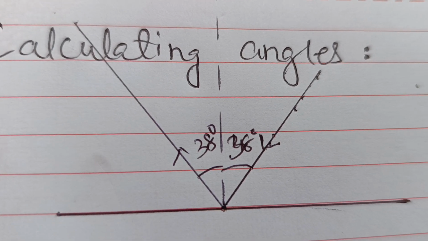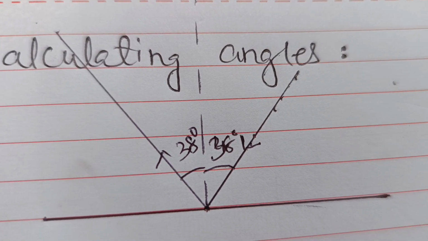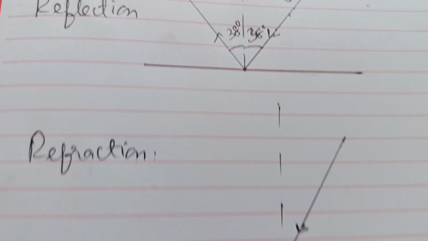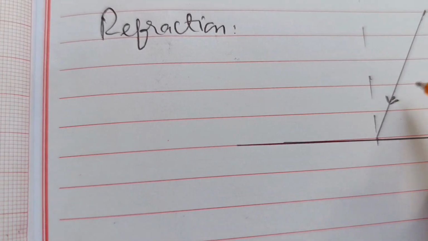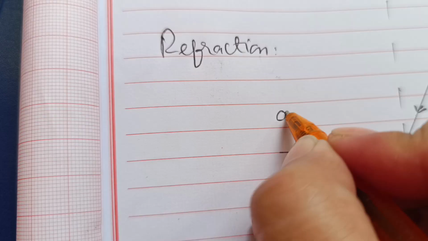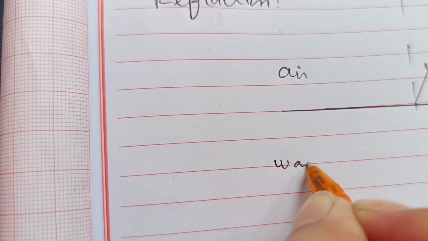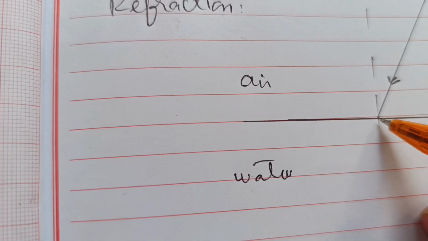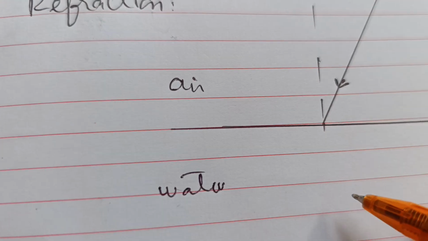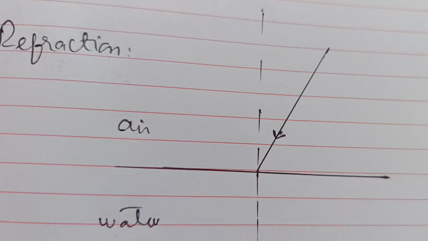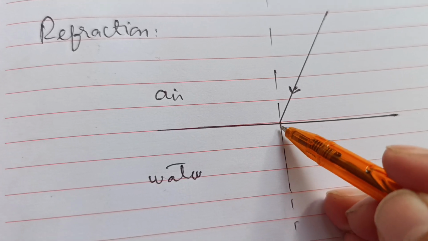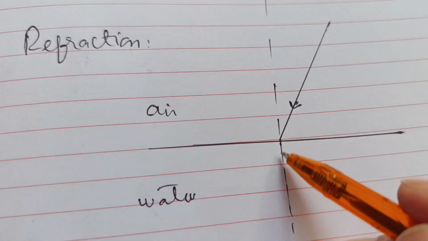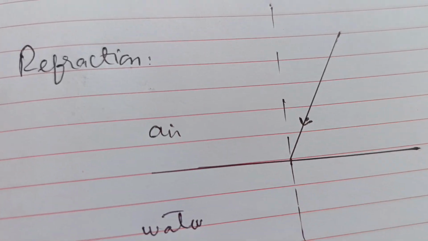Now let's go to measuring the angle of refraction. This is reflection, okay? In the previous case, that was reflection. Now this is refraction. This is the incoming ray of light. Now this is the air medium. Suppose this is the water medium, right? As this ray moves inside the denser medium, it will move towards the normal, right? As it enters a denser medium, it will move towards the normal. Here I will show you how to measure the angle of incidence and angle of refraction.